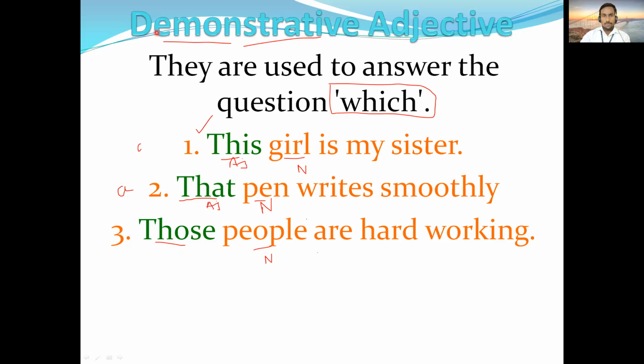Yes, because it is pen. This is pen, and we know that in simple present tense we use s or es for third person singular. So which is third person singular? He, she, and it. For that we take the s or es suffix. Here we don't have any he, she, it pronoun, but here we have a noun, that is pen.